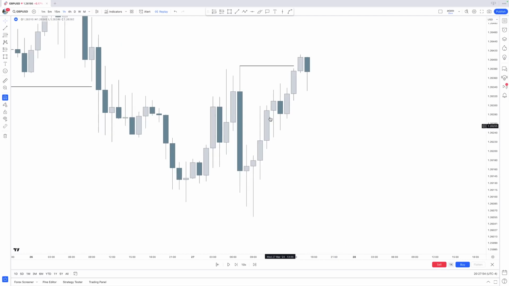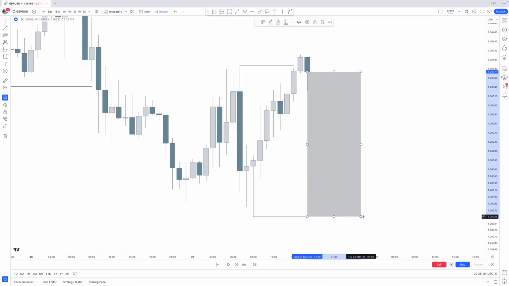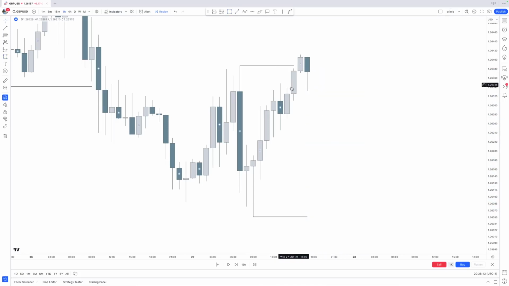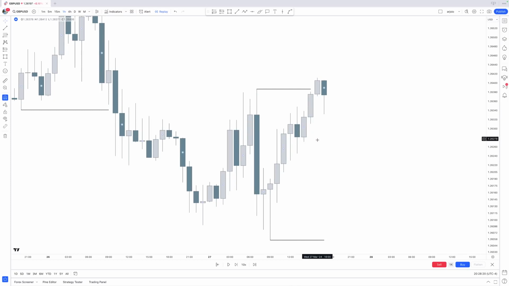Where if we now want to continue lower and we want to target this low right there, because that's again the fair value area low right now, that's the seeking liquidity low, then we have this whole move potentially to get involved. So why get involved as early as possible right there and try to call a top in the market? That doesn't make sense, because at this moment in time, all we are dealing with right there is bullish